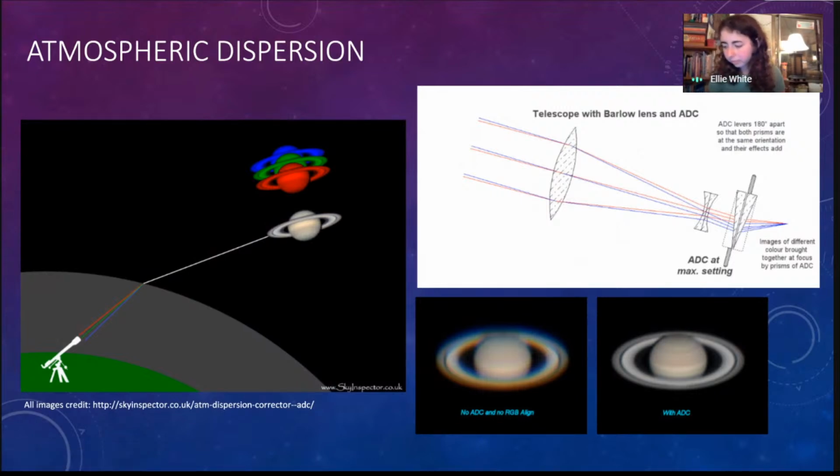A quick example would be if you're 25 degrees above the horizon, the violet part of the image would be, again, about 2 arc seconds higher than the green part, which I mentioned before. So just to sum up, things that you need to think about are atmospheric dispersion, differential refraction, just wholesale refraction, your pressure, humidity, and temperature on site. These are all things to think about when you want to correct for the atmosphere's effects on your observing.